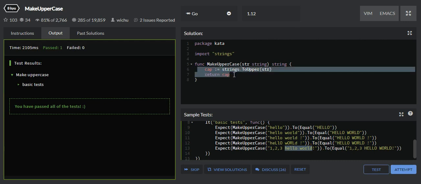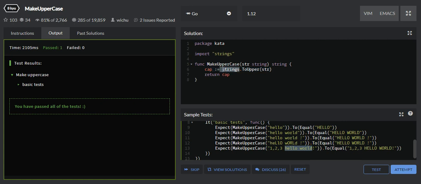We have written our function in 2 lines of code, but I can make it even 1 line. Here I am declaring an additional cap variable which is not required, because I am just assigning the value to the variable and then returning it. Creating it uses a memory location which is not required.